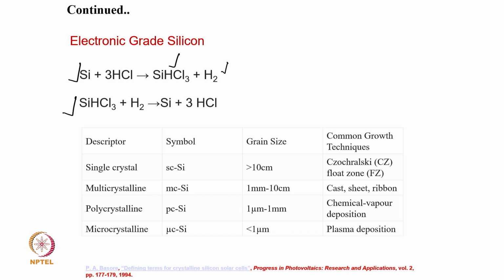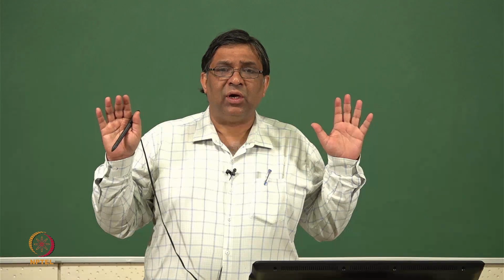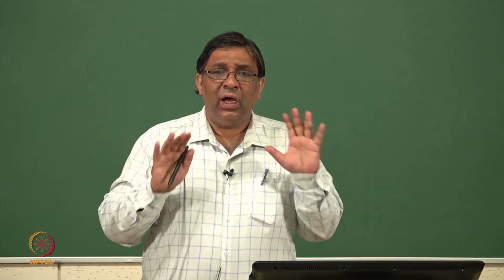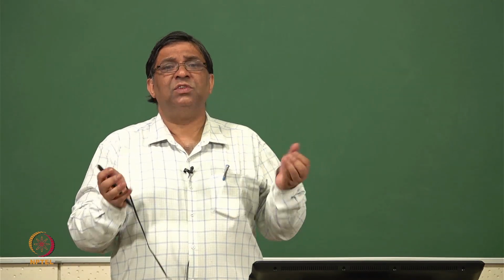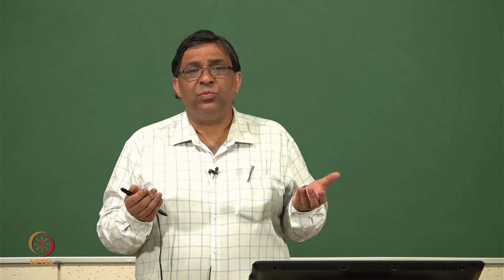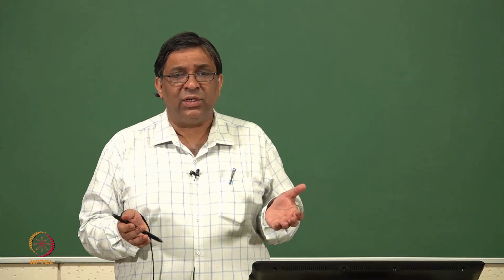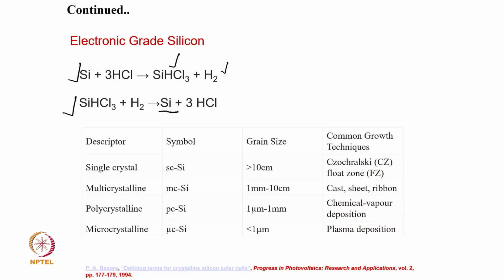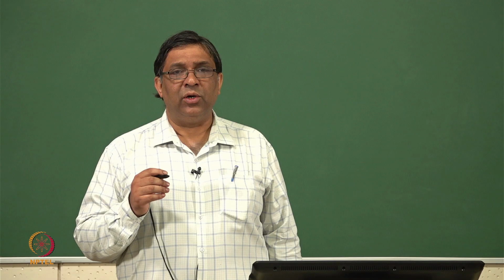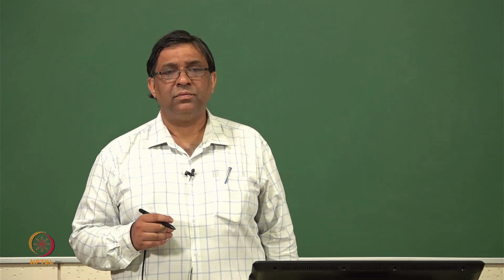and then you put it again in a reduced environment in hydrogen. Okay, so that here you do not need a high temperature, but you need high temperature up to 400 to 500 degrees centigrade, and it should be in a vacuum environment so that your impurity level is reduced. And some of the component they also make their halide and they get segregated. Okay, so finally what you produce is the silicon of electronic grade. Okay, and this is very pure silicon.